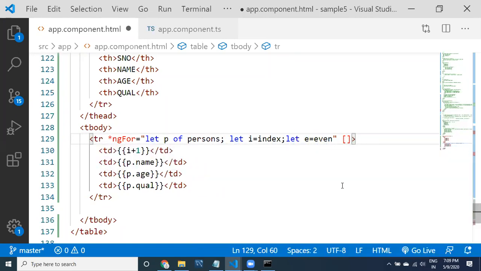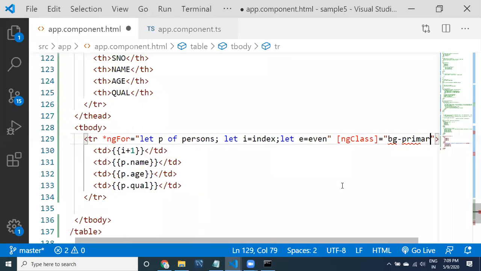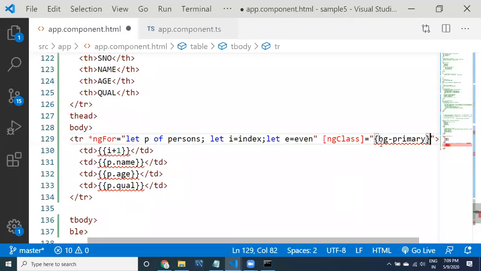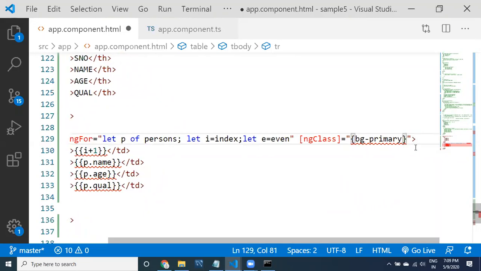Here I'm going to apply ng class, where I can apply dynamic things. I would like to apply some class. What class? Background color, bg-primary. This is my favorite approach, because here you can have flexibility to provide any code, any kind of dynamic nature you can apply. See here guys, I have opened a JSON. If you are confused with the way I have written, just provide like this and provide the JSON. Open and close. Inside that, the keys and values: what key? The class name. What class?